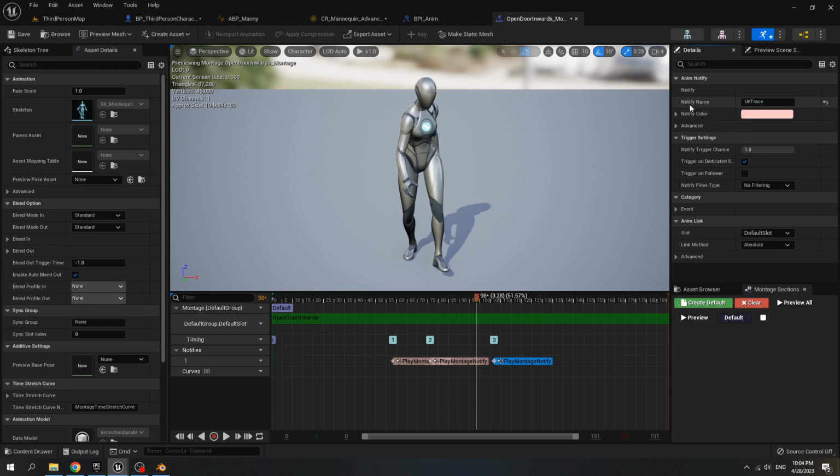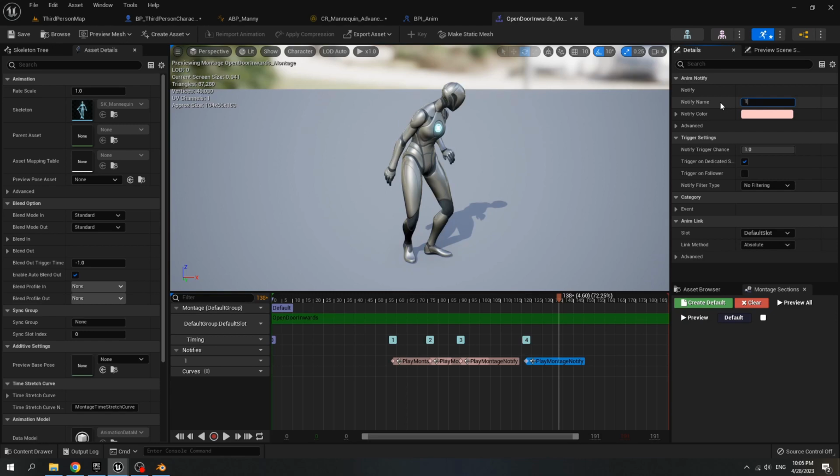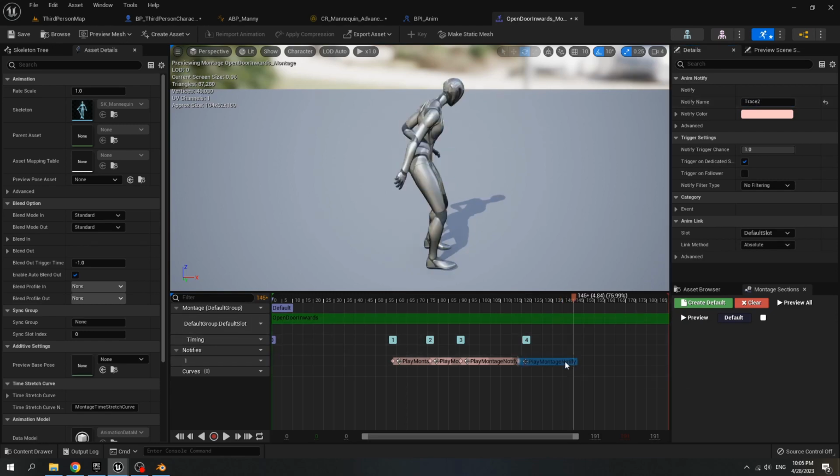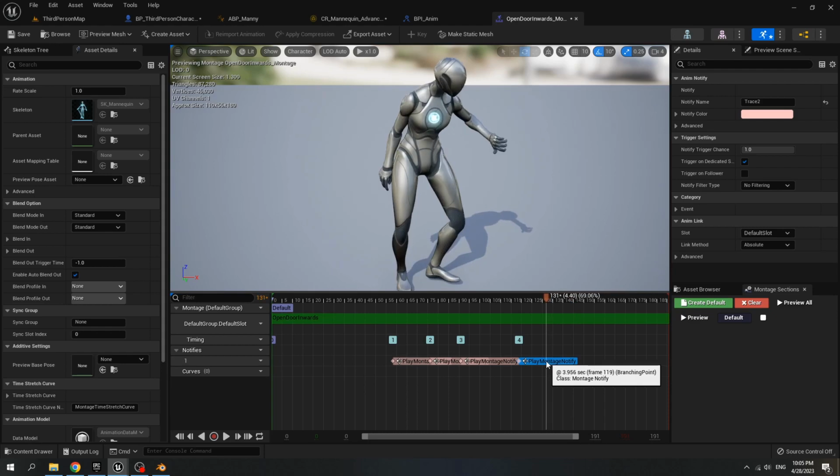We release the IK of the hand. Frame is 91. Add notify, montage notify. Name is trace 2. This one we trace the hand IK for closing the door, and the frame is 117.